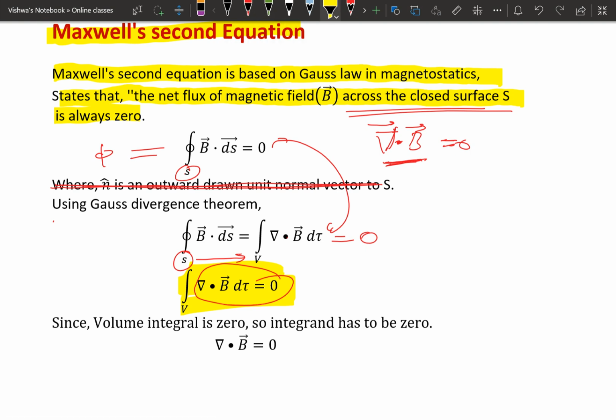Like that, we derived these two relations. So this is enough. In the next class we are going to derive two more relations